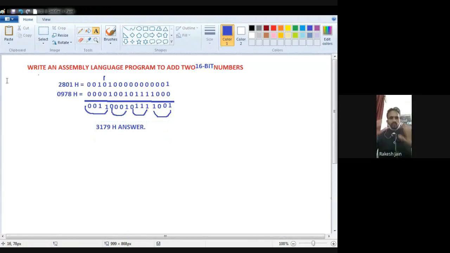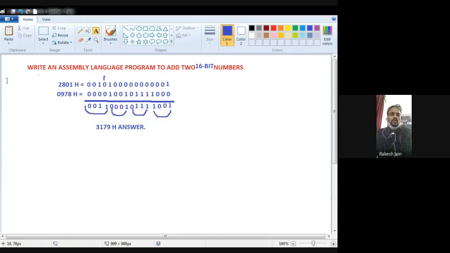Now, how to do the practical, how to do the programming in the microprocessor. As we know, any data in a microprocessor must be loaded into an address. The data is 8 bit, but here the data is 16 bit. There are two data, 2801 and 0978, both 16 bit.